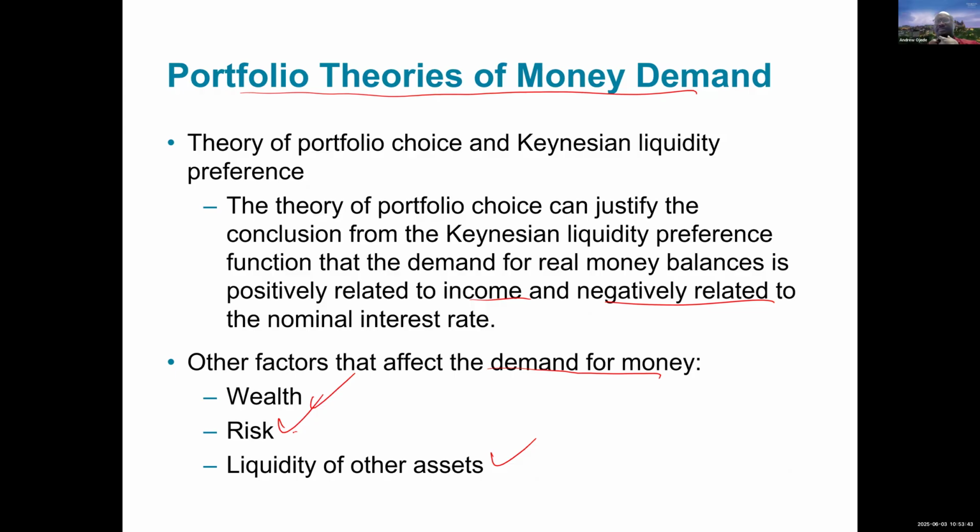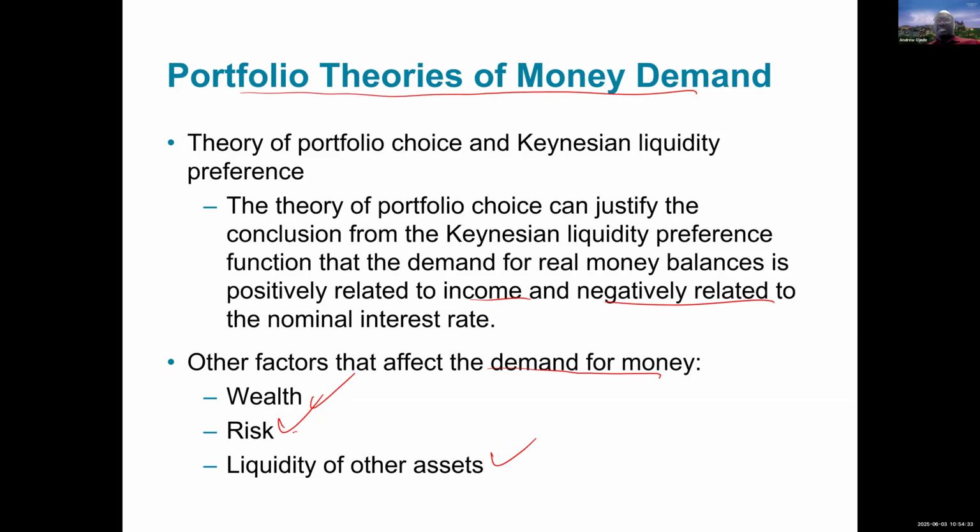Inflation risk. If you're holding money and there's inflation in the economy, your money is going to lose value. So the demand for money can be related to its own risk. Holding money can have its own risk: when there's inflation, the purchasing power of your dollars goes down. Think about it. If you have $100 today and lunch is $10, that means $100 can buy you 10 lunches. If you continue holding that $100 and next year prices went up to $20, your money is going to be worth less next year in terms of what it can buy. So people are going to hold fewer dollars if they know there's inflation coming up